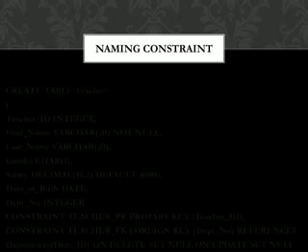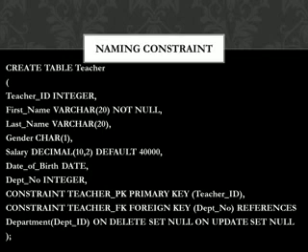For that, let us take the help of a table. So here I am taking the same table, that is the teacher table of the database school. Here at the fourth last line you can see constraint teacher underscore pk is the primary key. So naming the constraint means I am naming the primary key, foreign key, these all are the constraint. So I am naming it with a particular name. So here teacher underscore pk becomes the primary key of the table teacher and the attribute is teacher id.